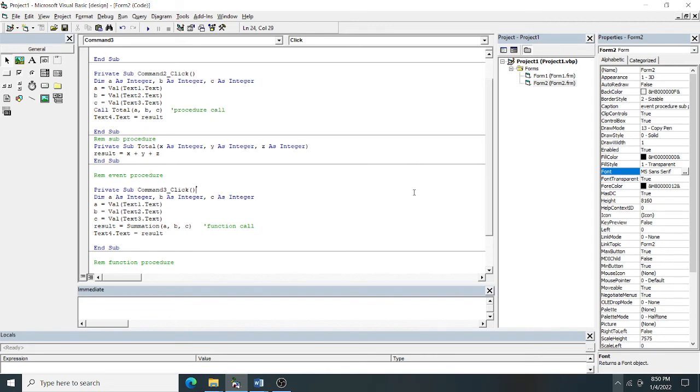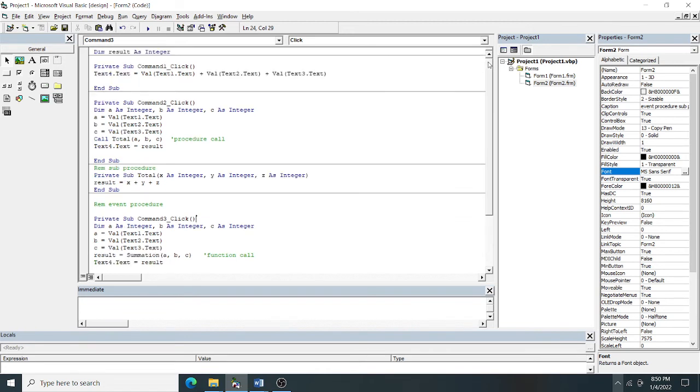So that means, look here, we find the sum of three numbers using an event procedure. This is the code. Even Command2 is also an event procedure, but inside that I have my total function which will find the sum of three numbers and store it in the global variable result.